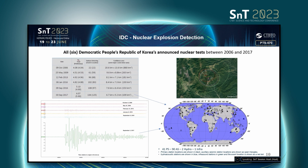The IDC detected all 6 announced nuclear tests by the Democratic People's Republic of Korea. This is a summary of the detections, where you can see how the progress made in the construction of the IMS network has reduced the size of the confidence area. This is the area targeted by on-site inspection, from 880 square kilometers in 2006 with 22 stations to 109 square kilometers in 2017, where